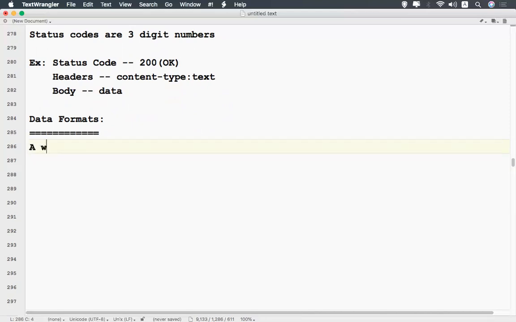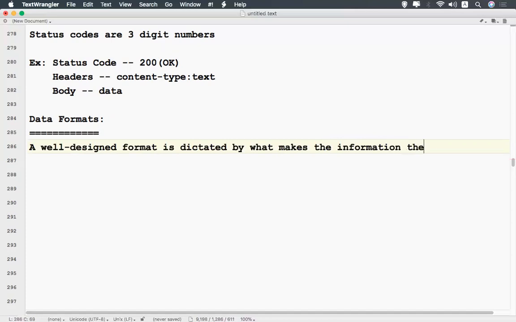So a well-designed format is dictated by what makes the information easiest for the intended audience to understand.